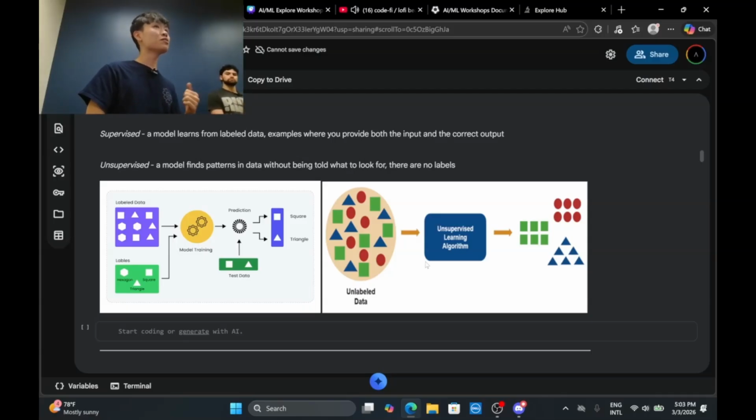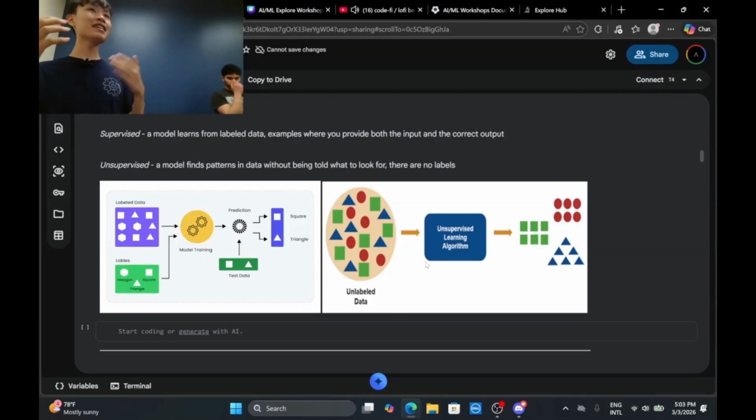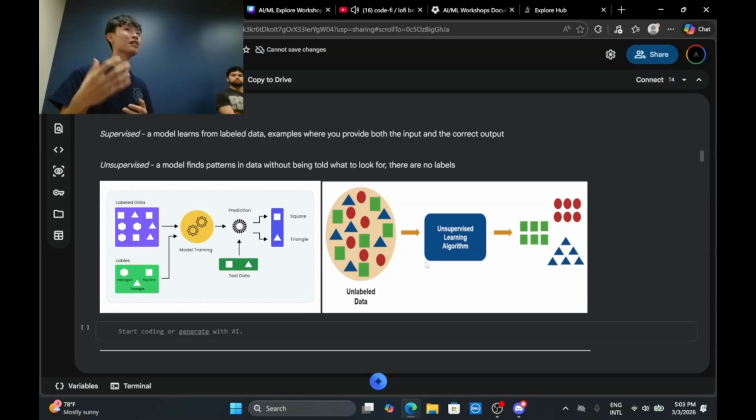The reason why this exists is because labeled data can get very expensive and time consuming. For labeled data, we need someone to actually go through the data set and label each of the data. And sometimes the data set we train on is not only 100 or 200, it's 1,000 or 10,000 items of data. So it's very time consuming and expensive. So that's why unsupervised learning was created.